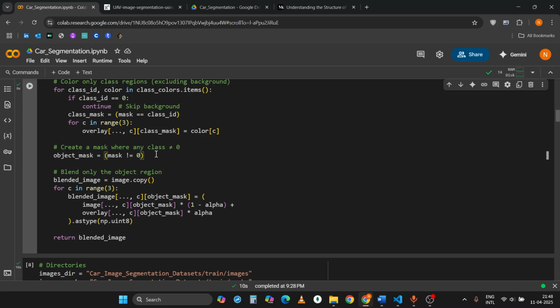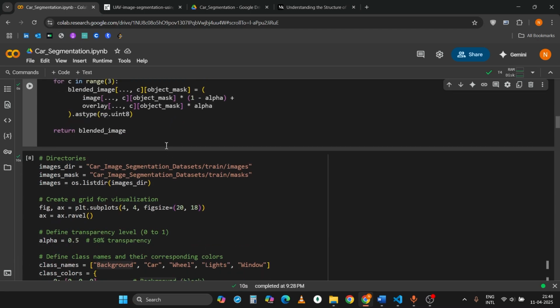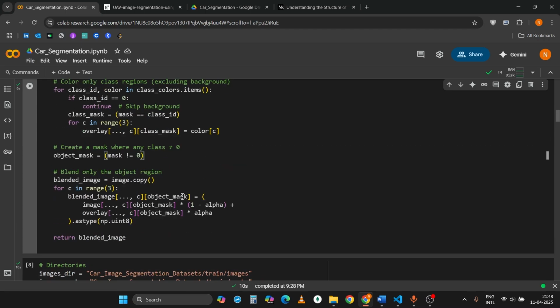In short, it changes all the values to true, and the zeros to false. This basically represents the portions where all the segmentation has to be performed. Now just pass this object mask as a boolean 2D array, which gives me a blended image,